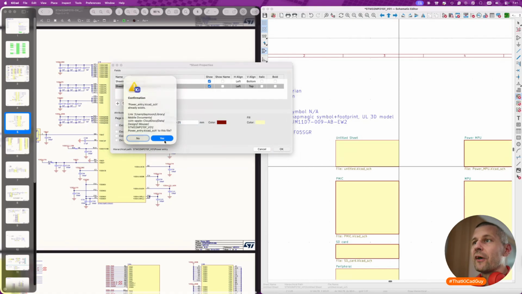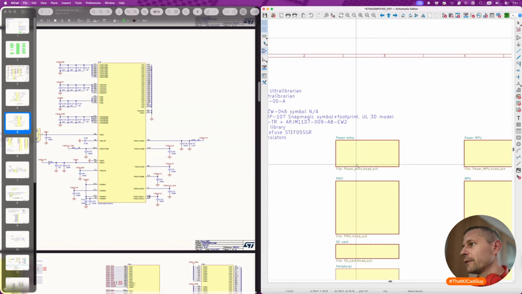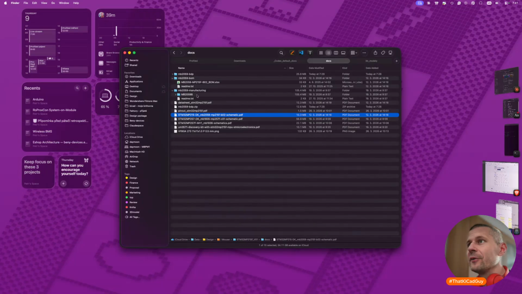Yeah, there is such a file because I renamed the power entry. Yes, so yes. These blocks are empty, so you can feel free to change anything. If you have already